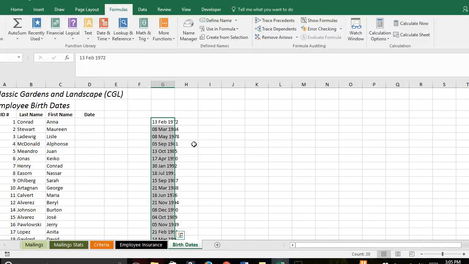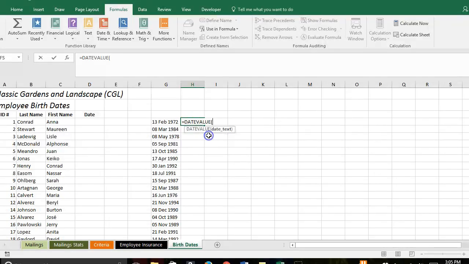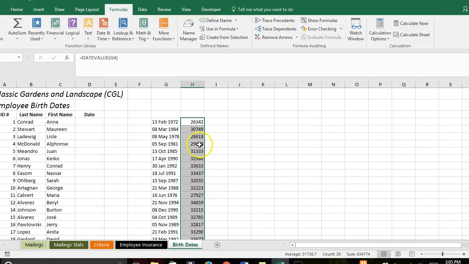And then in cell H4, that way so we can see it, we're going to do a DATEVALUE. So we're going to assign those a date value. What we're doing is we're assigning a serial number to the date. So I hit OK, copy that down. I'm just going to double click and it autofills for me. And then we're going to copy those cells back to our date column. So H4,